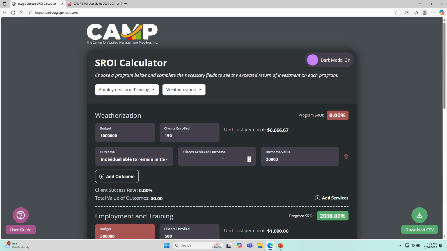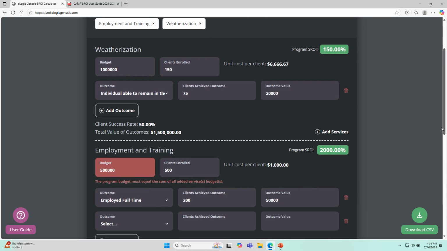And again, what we did is we monetized these because we talked to agencies to get those numbers. So it works the same way. The unit cost per client is $6,600. The total return is 1.5 million, 150%, et cetera.